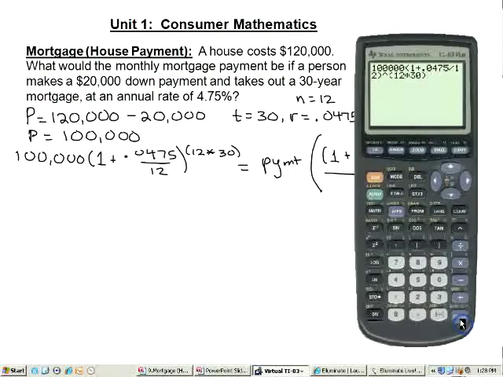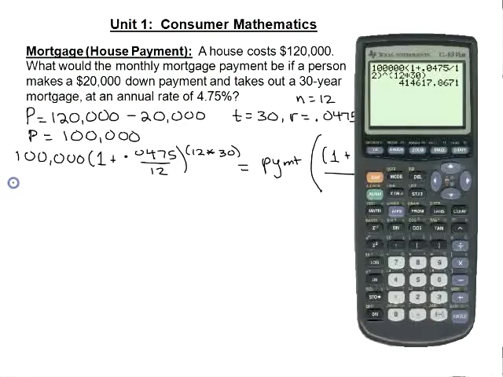Whatever number we get here, do not round. This is not our final answer. This is an intermediate step. We don't round until the very last step. Okay, the number we get is 414,617.8671. And that's equal to payment